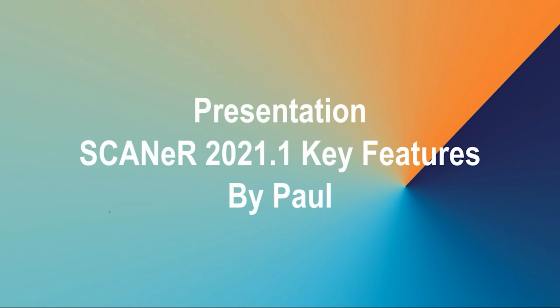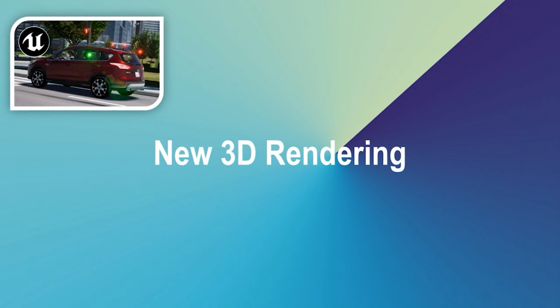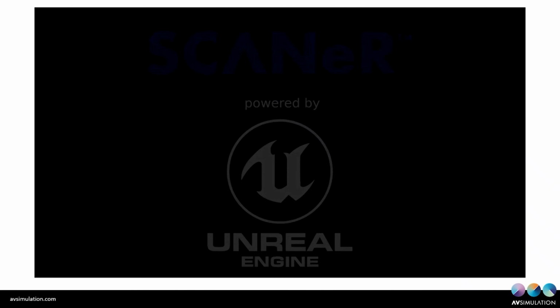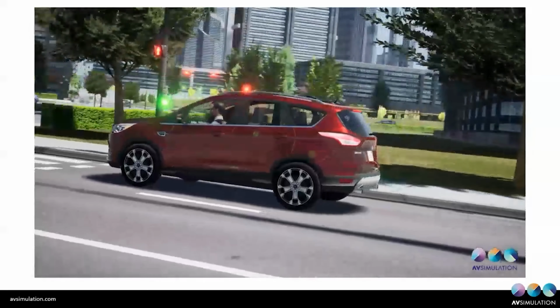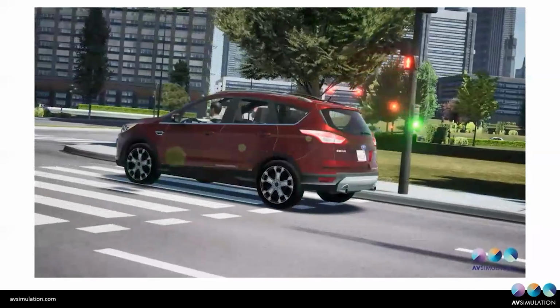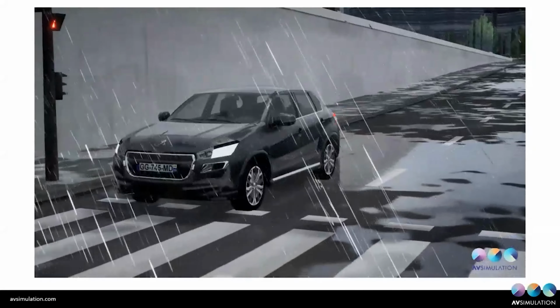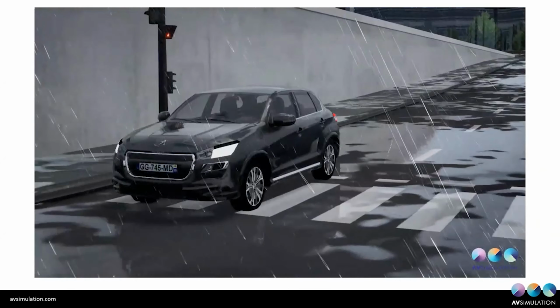So let's jump into the presentation of the main key features. Like I said, one of the new features that we have, and I think one of the important steps in the evolution of our product, is this new 3D rendering with Unreal Engine. So why did we choose Unreal Engine? As you can see on the screen, with this presentation and with this video we made within SCANeR Studio, Unreal Engine is an amazing